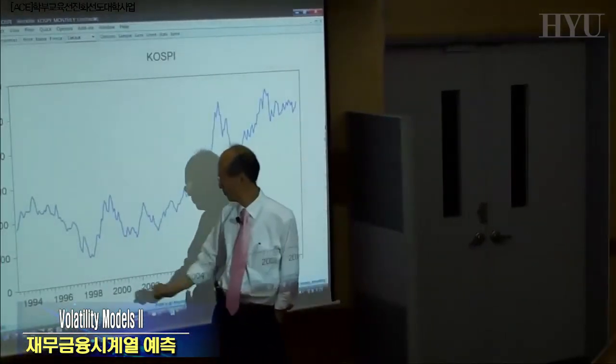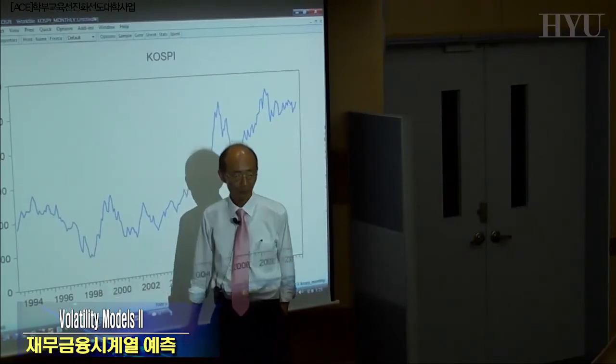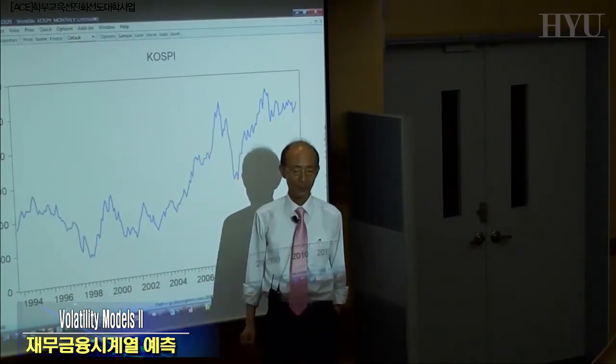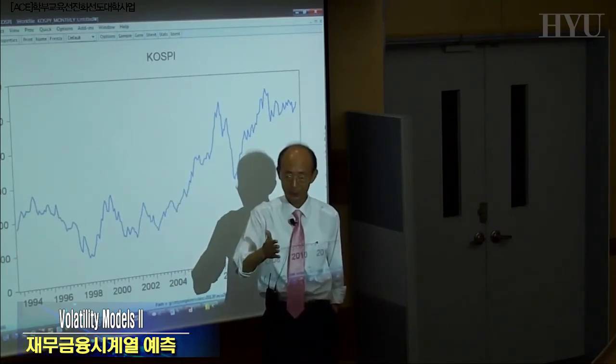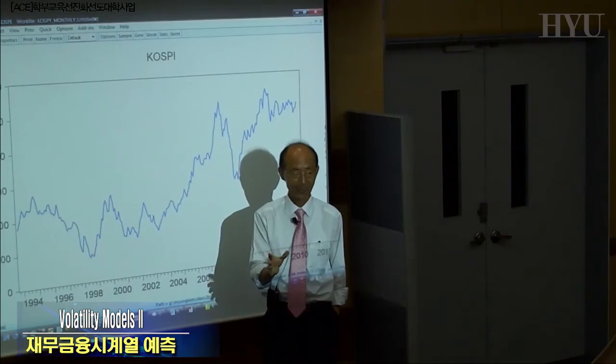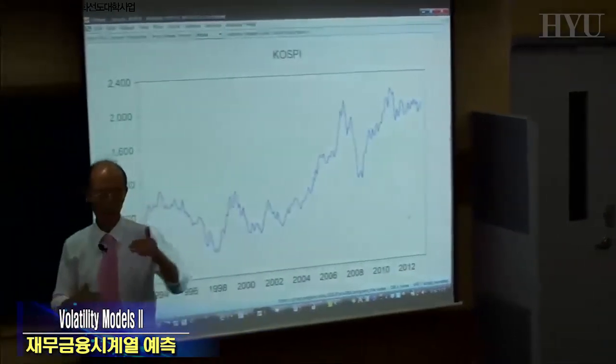Let's say October 1999. The last trading day of October, the closing price. Right? That's the monthly observation. Right? So if you actually search